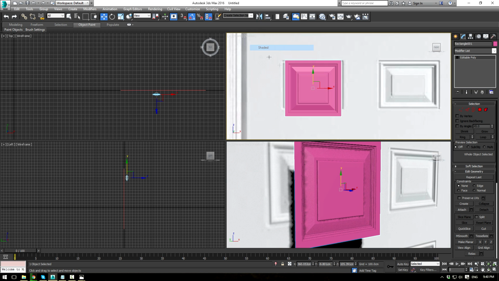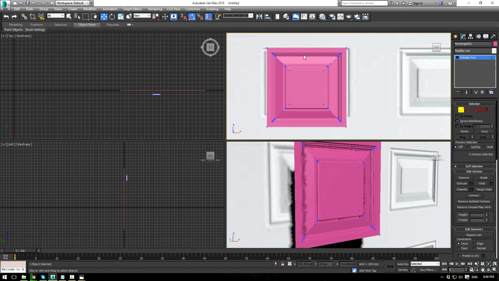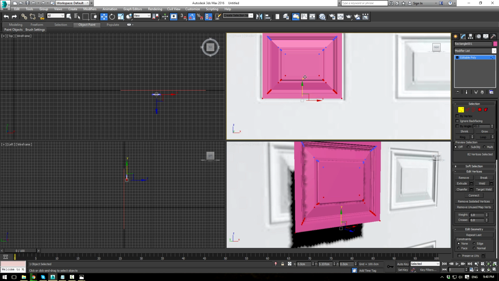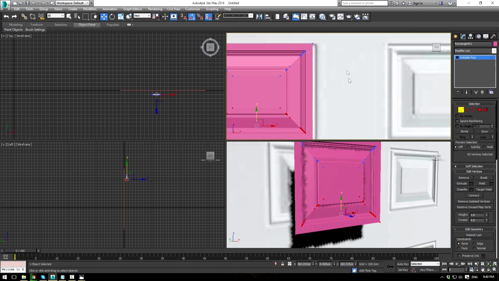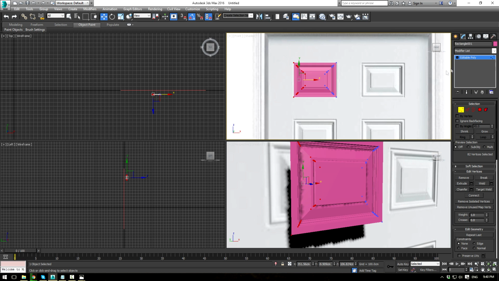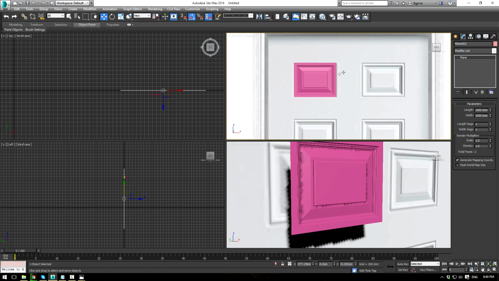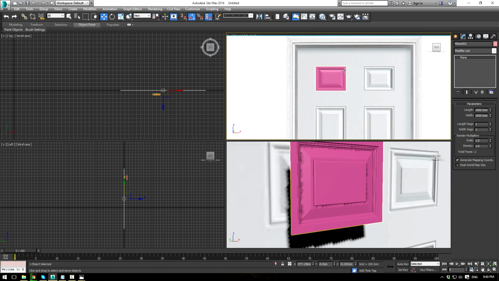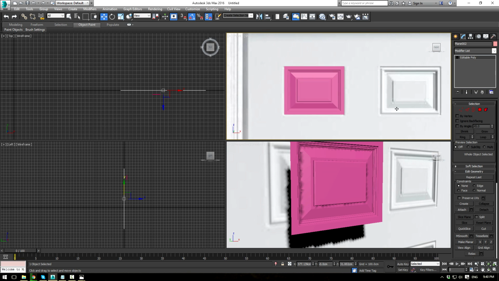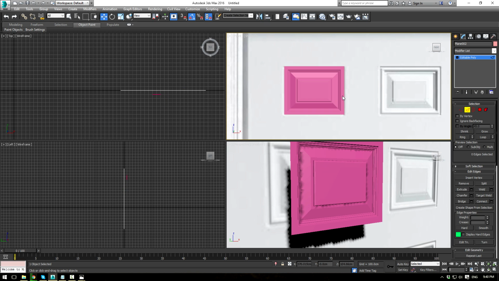Let's change this to shaded. So in our vertex view here, let's just go ahead and align all these just to where they match the image. All right, just like that. Perfect. So now we've got sort of one of our panels done. Now what we need to do is we're going to use some symmetry modifiers here. So let's convert this into an editable poly. Okay? And we're going to grab,